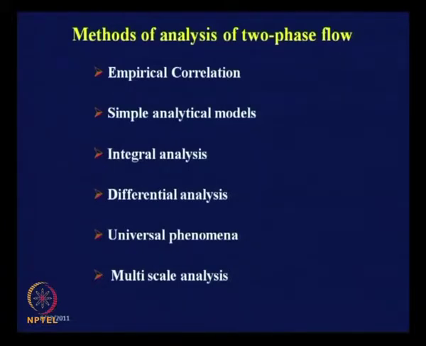Okay. So, therefore, the basic thing which we usually do is that from the experiments which are used for investigating the phenomena, a large amount of experimental data are collected, and then based on this experimental data the empirical correlations are derived either by dimensional analysis or by grouping of several variables on a logical basis.